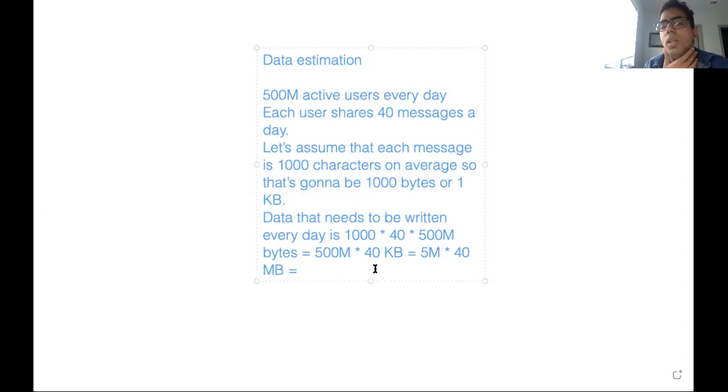So this is 5,000 times 40 gigabytes, which is 5 times 40 terabytes, equal to 200 terabytes a day. So we clearly need a lot of space. So for 5 years,